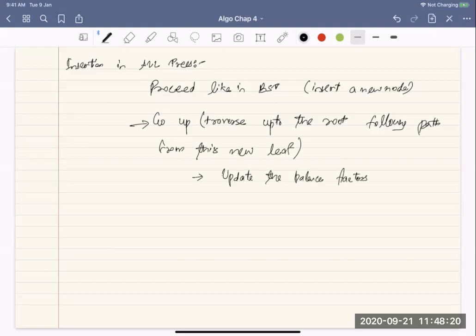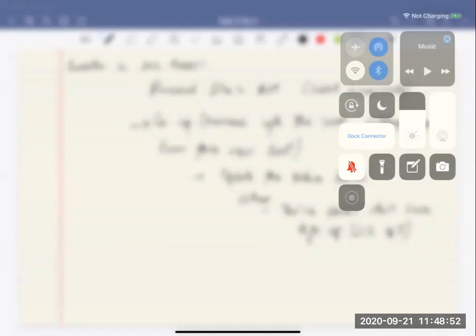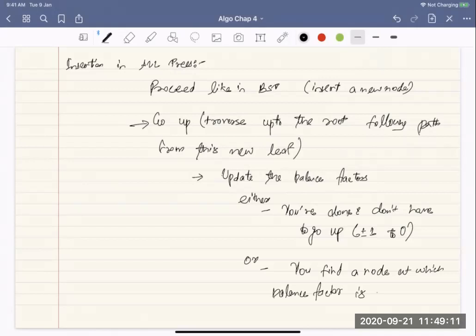Okay, so in this process at some point, either you are done and don't have to go up, so it's 1 to 0, or you find a node at which the balance factor is plus minus 2.